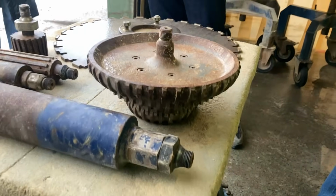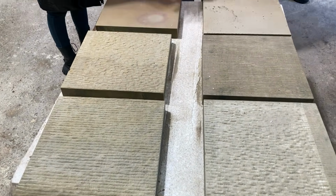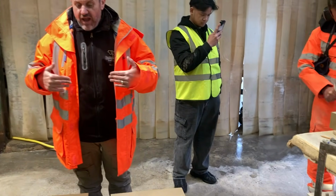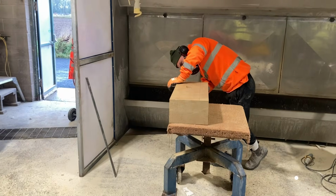Detail work in sandstone is synonymous with different types of pattern dressing. And those things are because if you go back to 1600, 1700, this